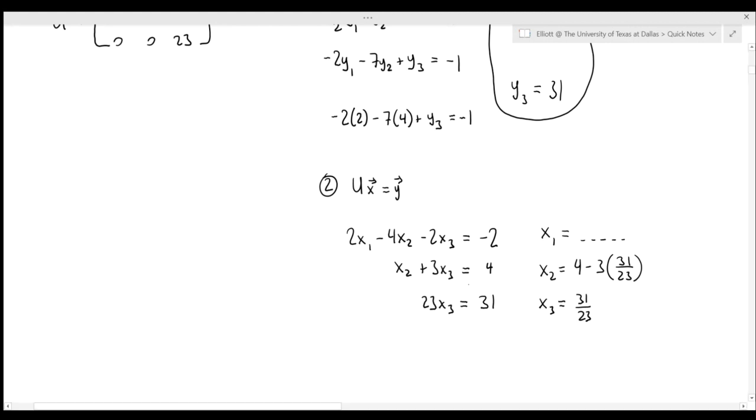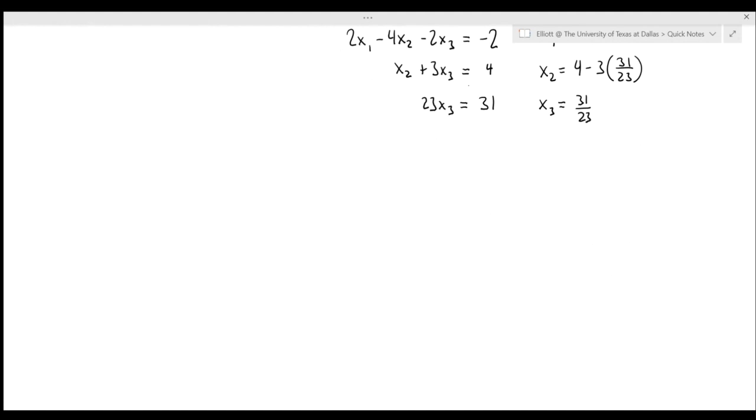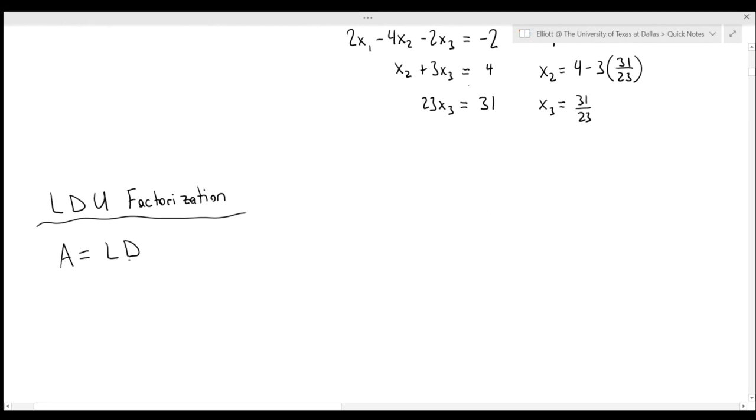But anyways, let's continue talking some more about LU factorization. So right now I'm going to talk about some variations of it. There's one variation of the LU factorization, which is the LDU factorization. And so this is just factoring a matrix A now into a product of three matrices, LDU,